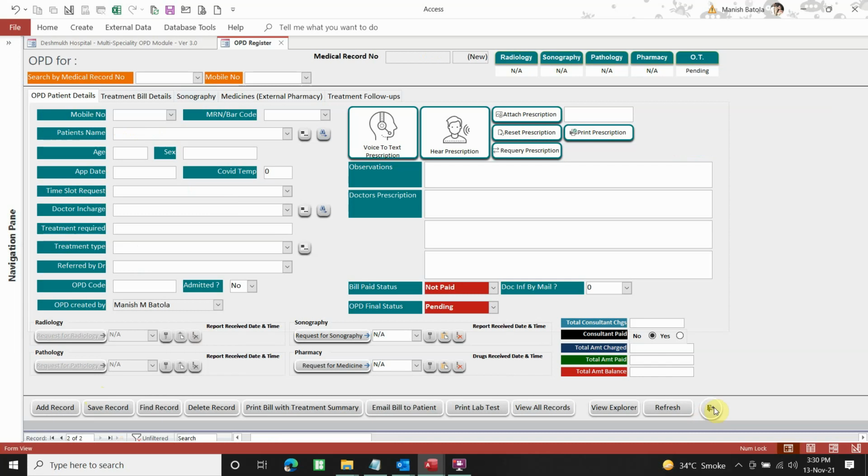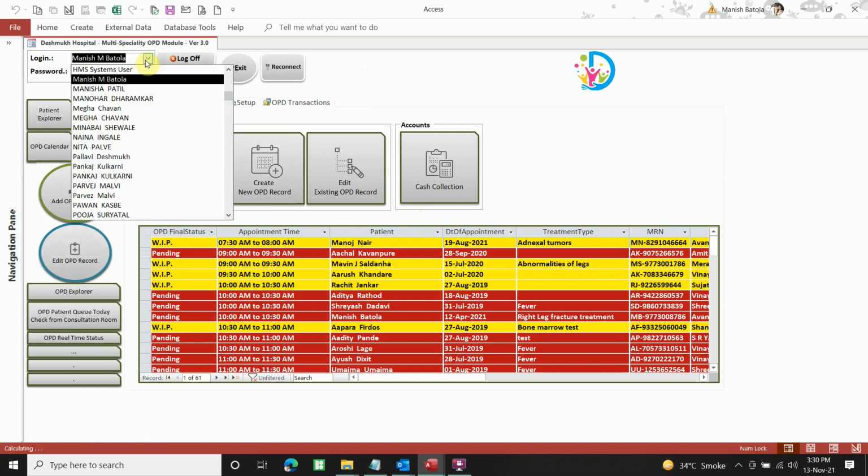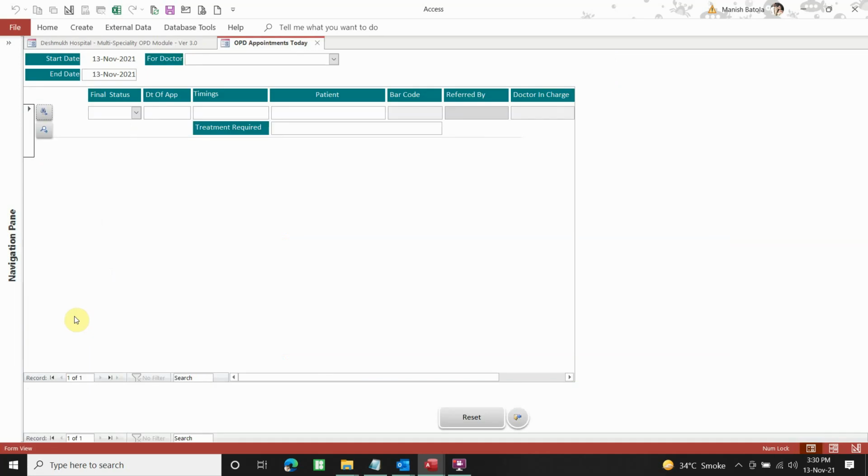So let's come out of this form and assume that the doctor has just walked in. When he logs into the system, he goes to this button which says OPD patient queue today, check from consulting room. This is the button he clicks. The moment he clicks this, today's date, the current date,